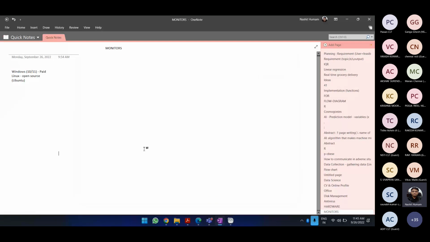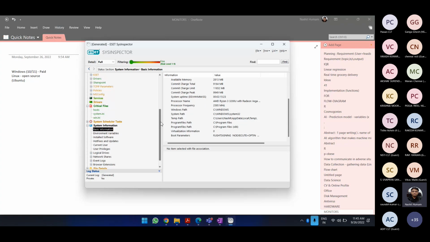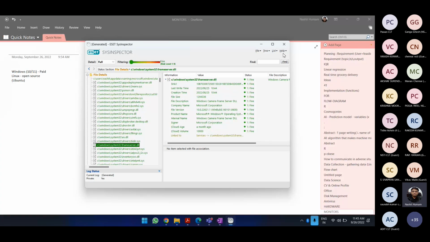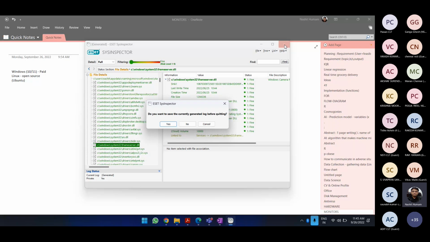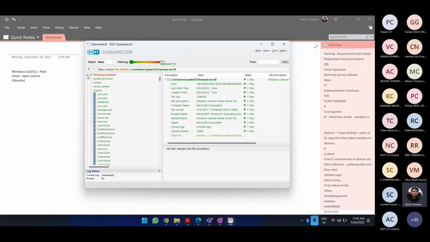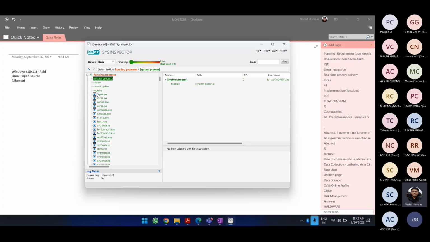So this is the system inspector that can help you with all your connections and all the applications on your system, and check in case anything seems to be an anomaly, anything abnormal. If you can figure it out, then you need to work on it. Let me get the full view, or let us have the basics. Yep, the running processes. Now no one is very interested, so you can have the basics from here.